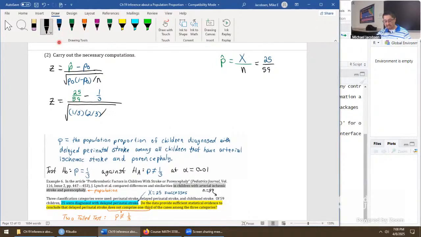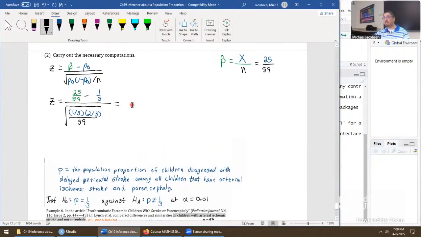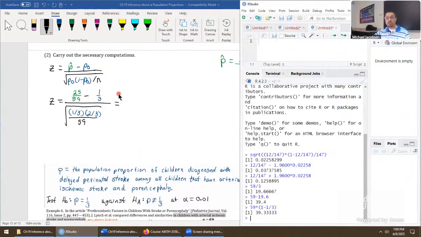This is then divided by, sorry, just fixing my notation here. This is all divided by the sample size n, and in this problem, n was 59. And that's our test statistic z. Let me get some space down here. We'll jam that into the calculator, get a value out. And this again is telling us the number of standard deviations away. So up in the numerator, 25/59 minus 1/3.